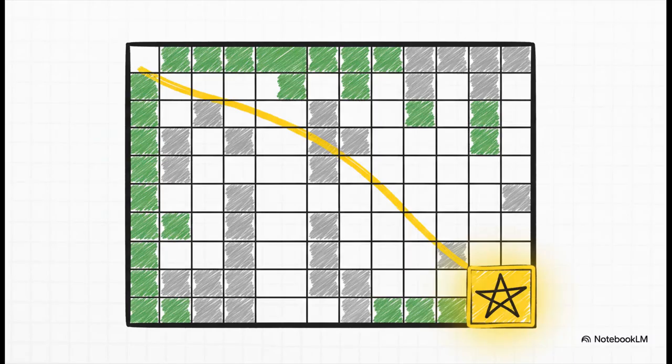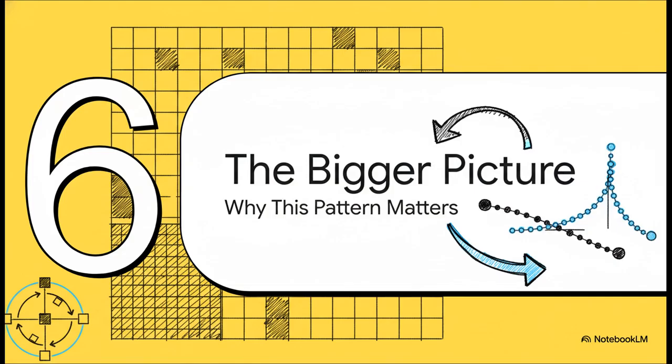And that's it. That's our answer. Because we found a valid path of character matches from the top left all the way to the bottom right, we know for sure that ACB is a valid interleaving of A, B, and C. How simple is that? So we found a really clever solution to this puzzle, but the real takeaway here isn't